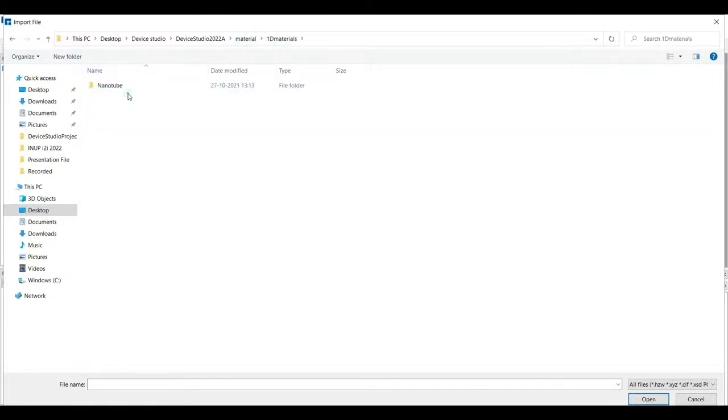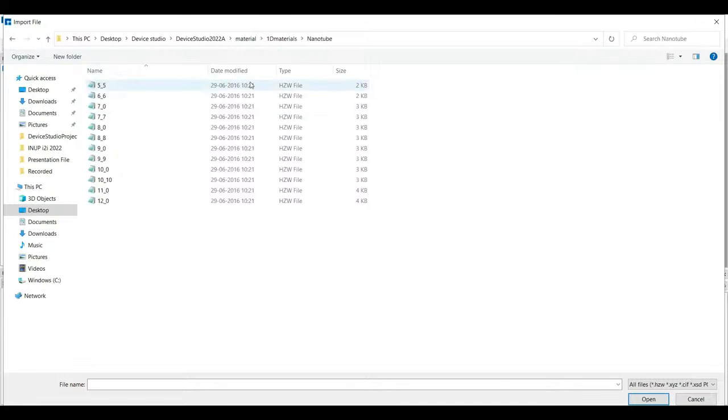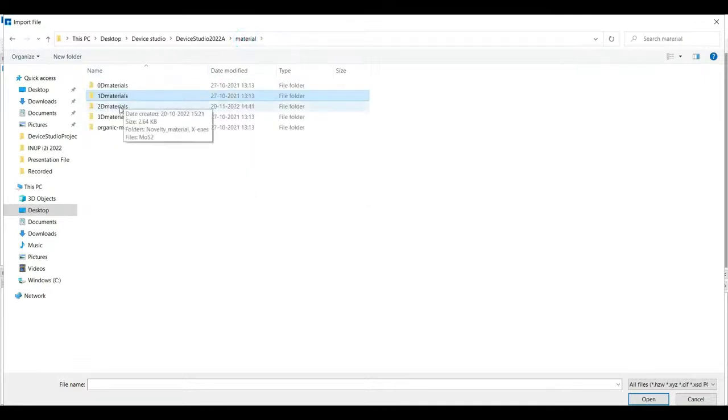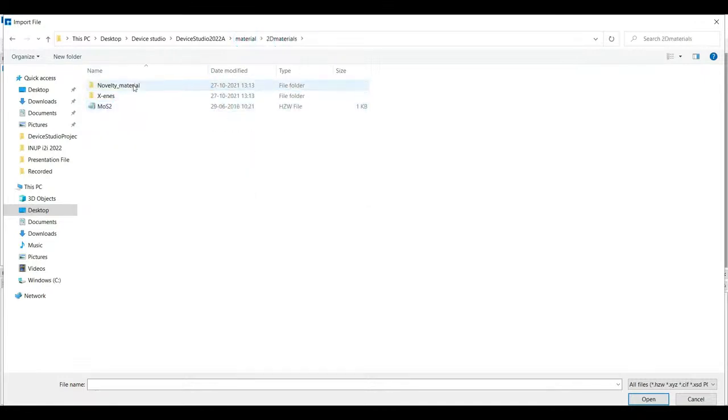This is the 1D material, where nanotubes, different combinations of chiral vectors. And this is the 2D material, where you can see some novel material, arsenic, bismuth, black phosphorus, and this is the graphene. This is the 3D material, where you can see conductor, insulator, layer material, magnetic material, metal oxide, novel